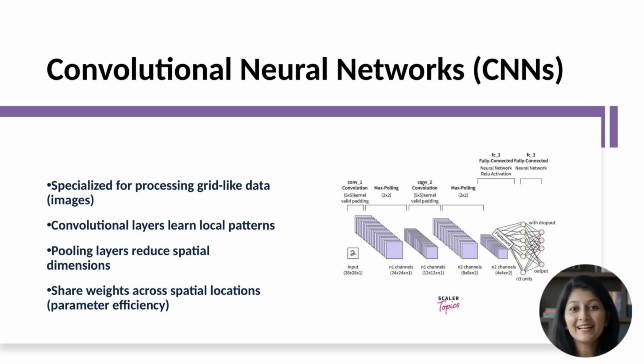The typical CNN architecture: input image, convolutional layer, activation, pooling, repeat several times, flatten, fully connected layers, output. Early conv layers detect low-level features on large spatial dimensions. Deep conv layers detect high-level features on small spatial dimensions. Final fully connected layers combine these features for classification. CNNs power image classification, object detection, segmentation, face recognition, medical imaging, and more.